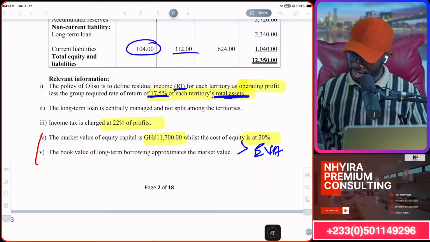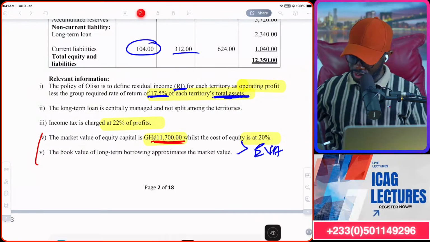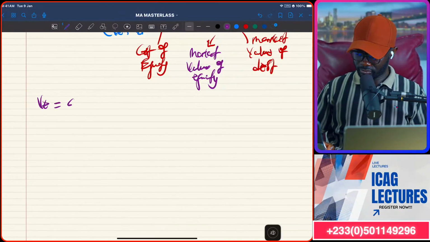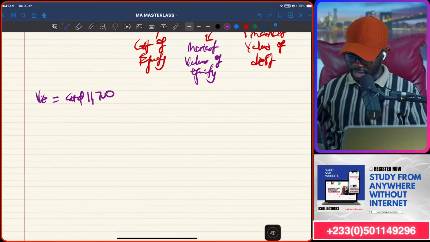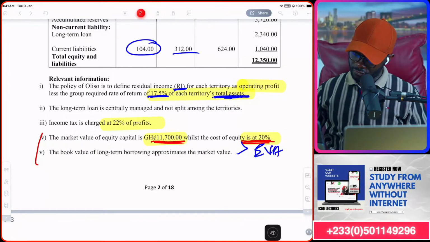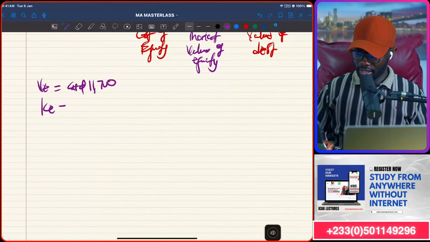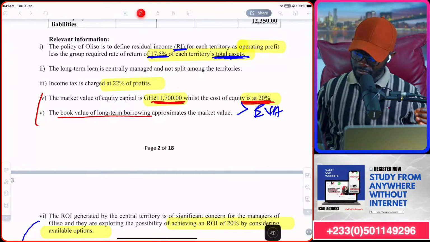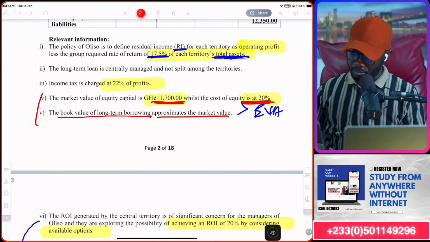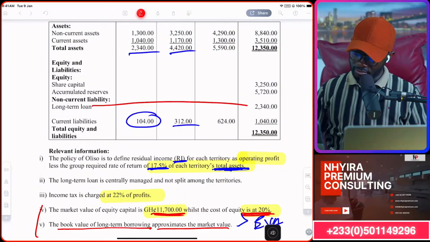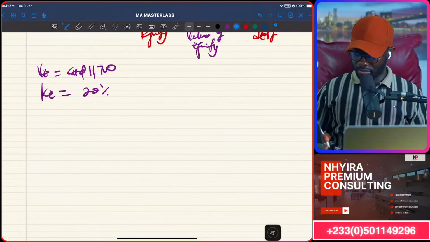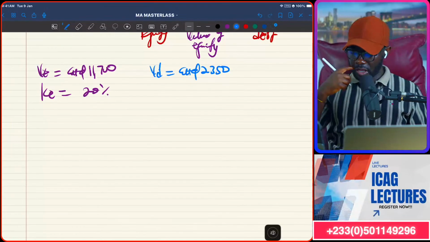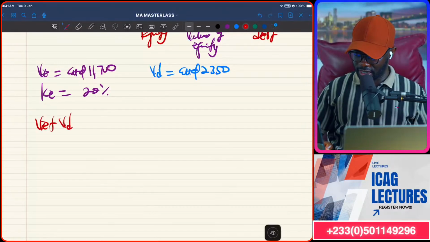For instance, we have the market value of equity here, 11,700. So that is VE. Stay with me. Next, we have cost of equity to be 20%. That is KE, 20%. Next, we are told that the book value of the long-term borrowing, which is the debt, approximates the market value. So if you see long-term debt is 2350, we're going to bring it up. And so VD is 2350. That means that VE plus VD will be equal to